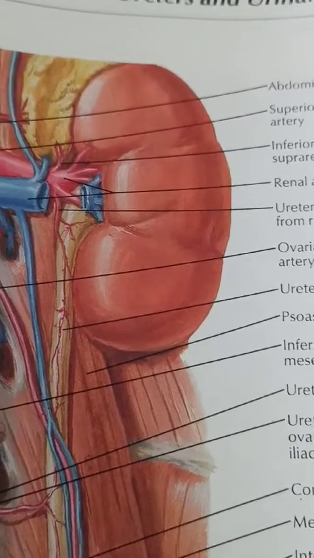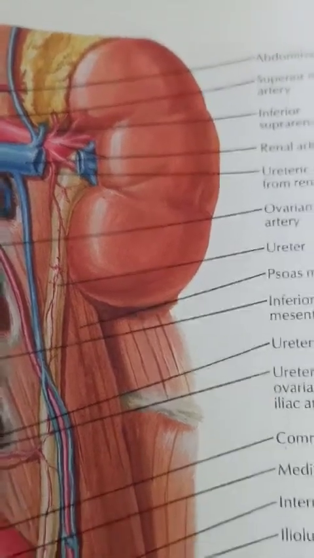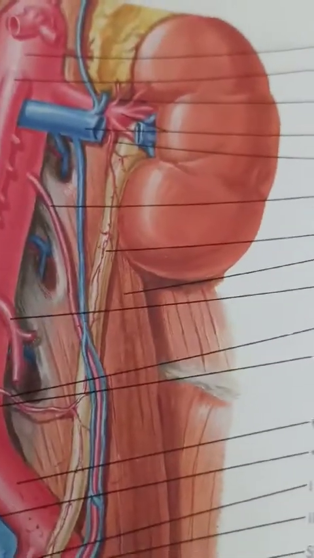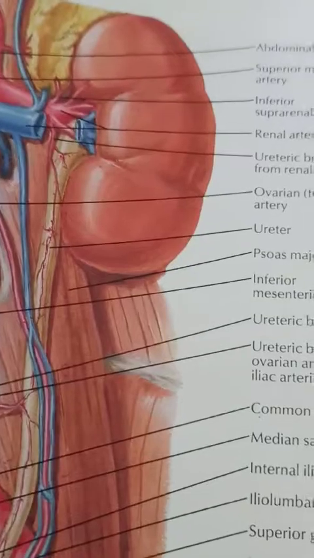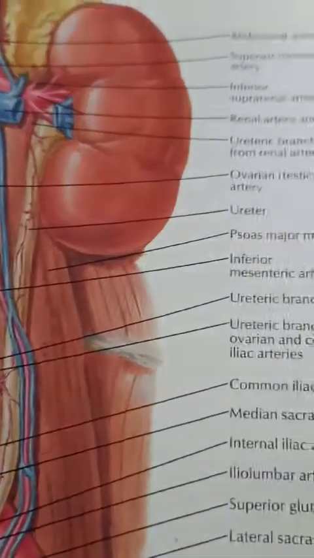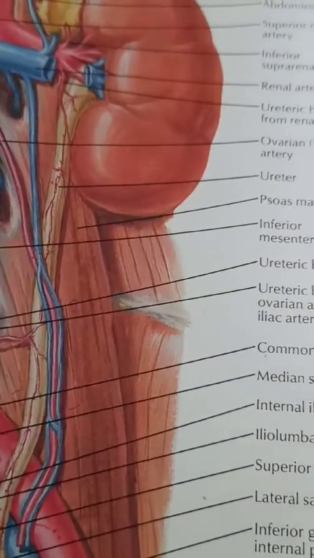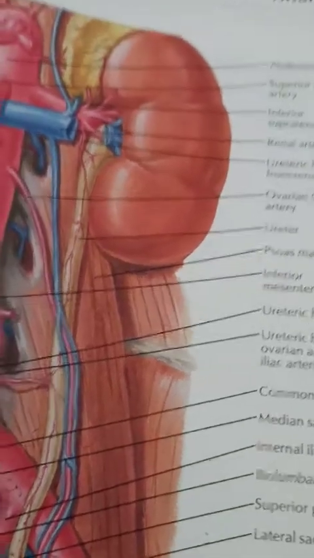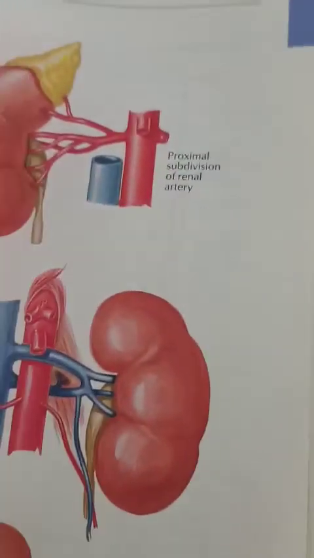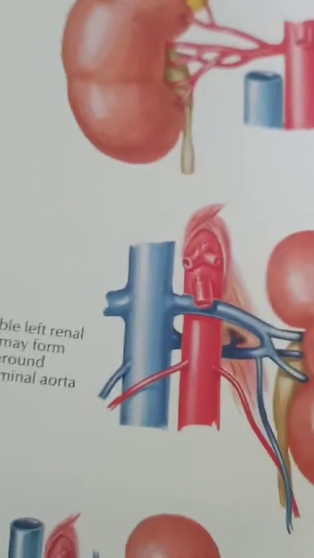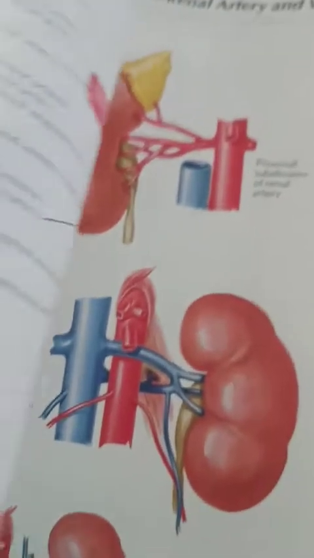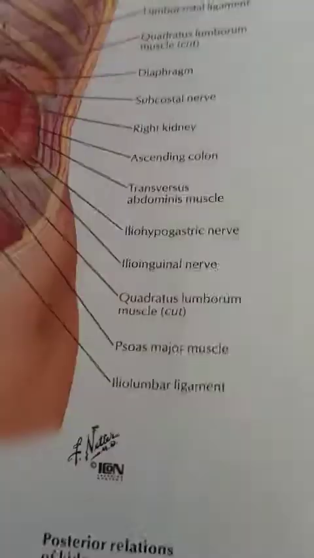So that is the measurement of the kidney. Usually during the surgical procedure, the kidneys can be seen in the posterior abdominal wall. They cannot be seen near the anterior abdominal wall. They are usually seen near the posterior abdominal wall. So the surgical procedure of the kidney is usually done through the posterior aspect of the abdomen.